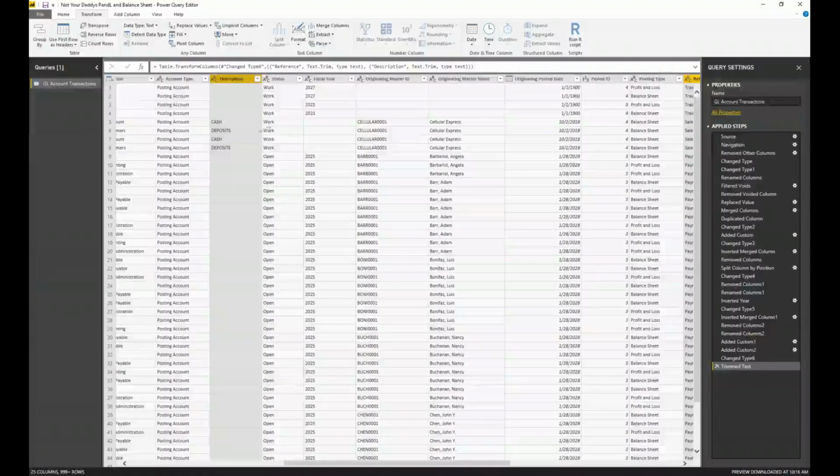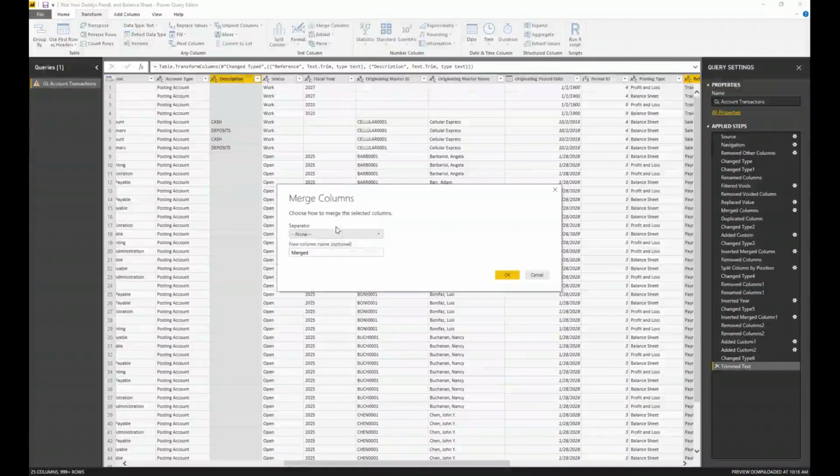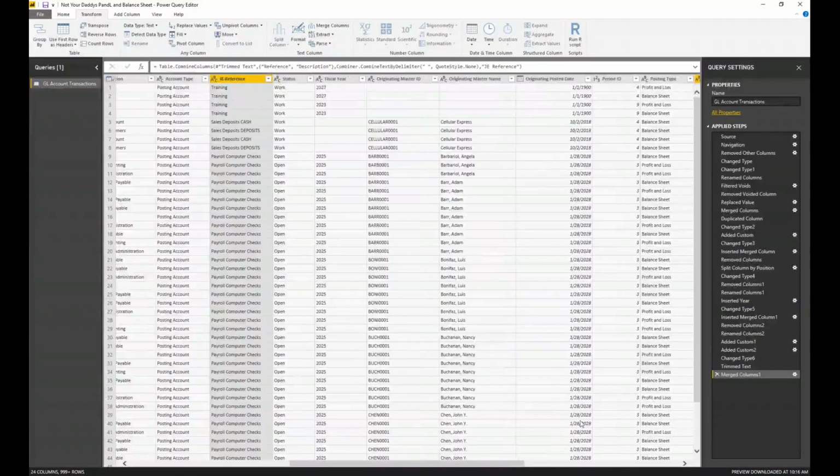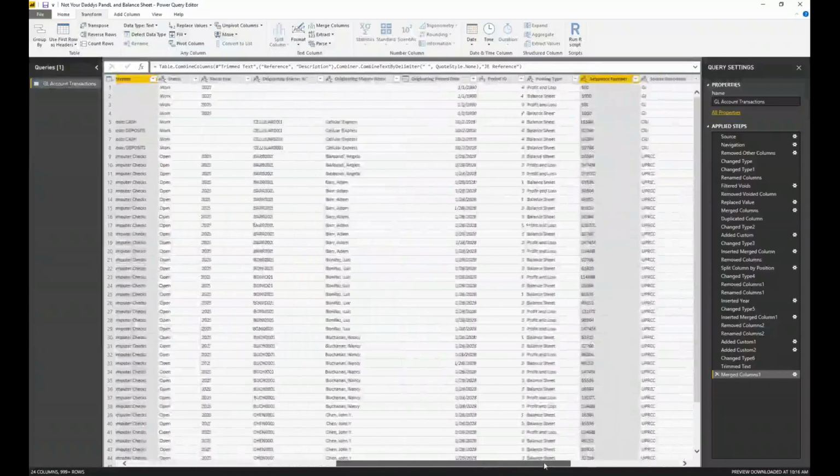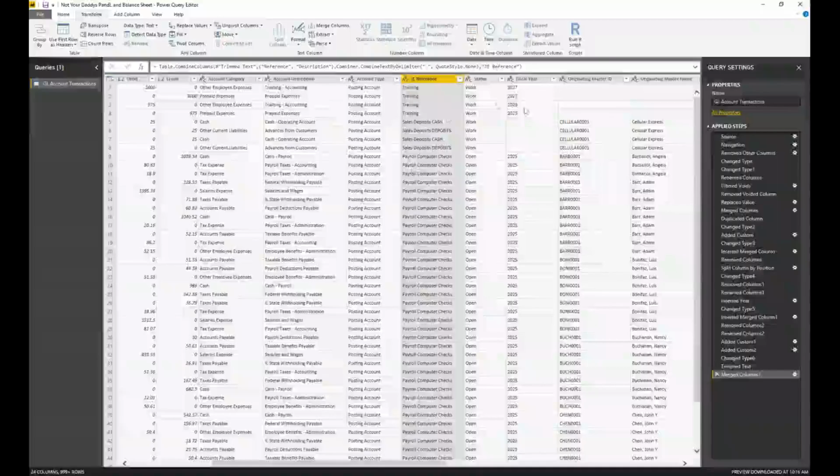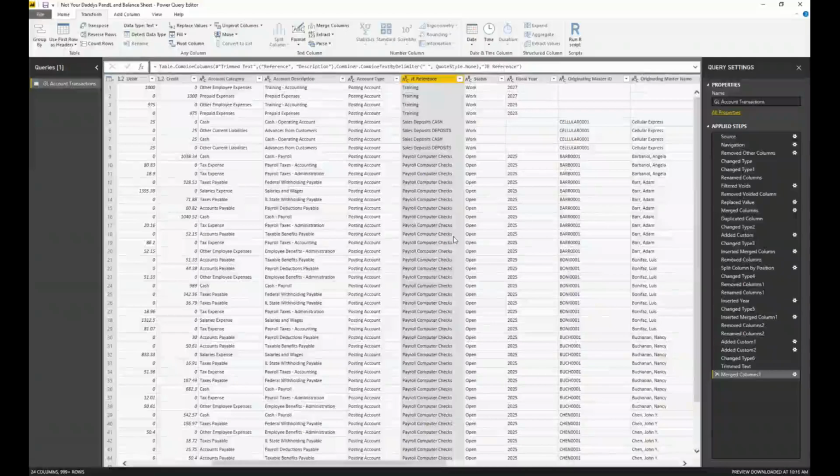Now, the fact that I selected those in that order was deliberate because now I want to merge them together with just a simple space. And we're going to call this one GL reference. And I'm going to click OK. So now I have one single column called Journal Entry Reference that shows me a little more information about what I've included here. So that's something that's very helpful.